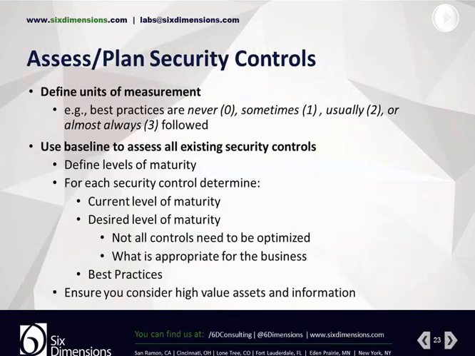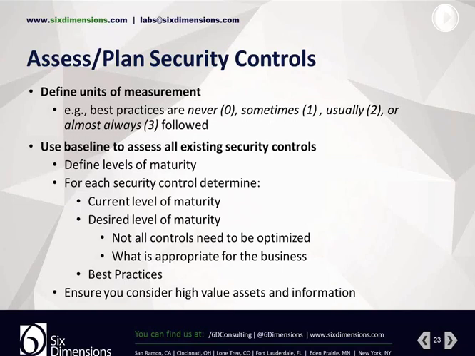Now that I have this overlap and I understand exactly what regulatory requirements I have to comply with, and I've selected the best practices framework, what I then can do is plan and assess the security controls. Now, we can apply this to an organization that already has existing security controls. And to do this, we need to determine exactly how we're going to measure compliance for the implementation of a particular security control. And for the presentation today and this illustration, we're going to define 4 different levels.